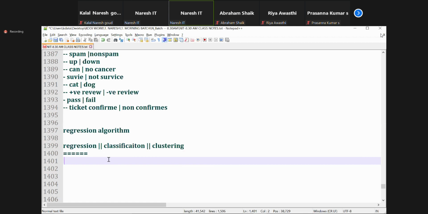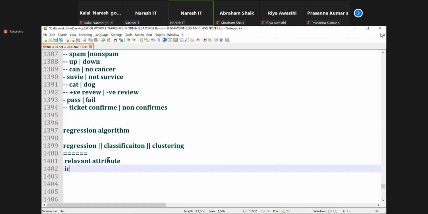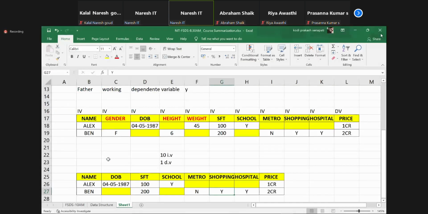Now I just wanted to say again, variable identification. I am heading toward very important concepts called relevant attributes and irrelevant attributes. What is meant by relevant attributes? Now, India wins the match or loses the match. Do you think shoe size or the t-shirts of the players depend on whether India wins or loses the match? No. So are these irrelevant attributes or not? When you build the model with irrelevant attributes, the complexity goes up and you will get less accuracy. What is meant by less accuracy? All those things I'm telling you.